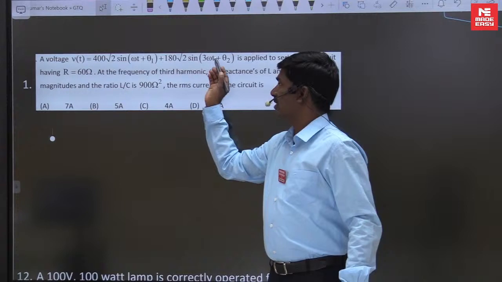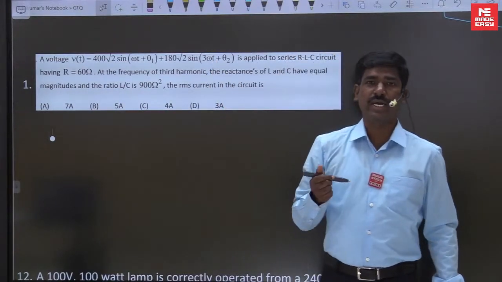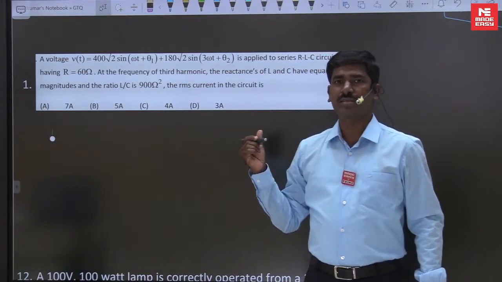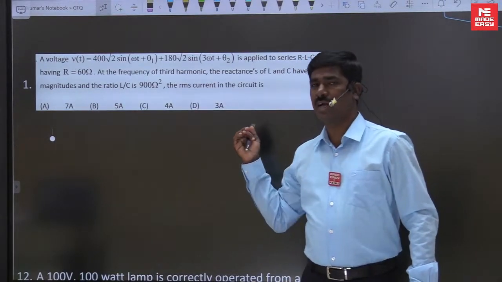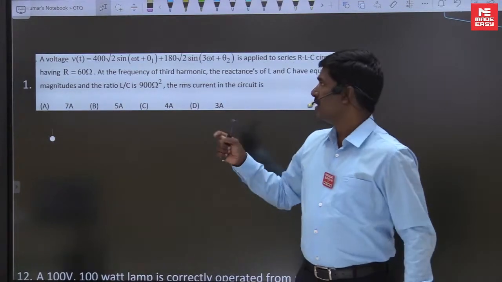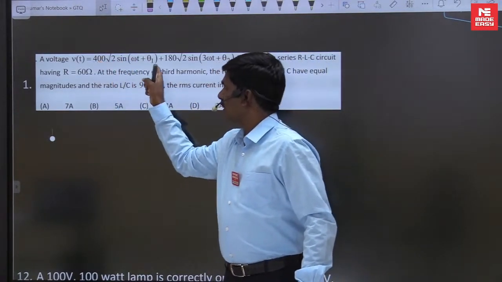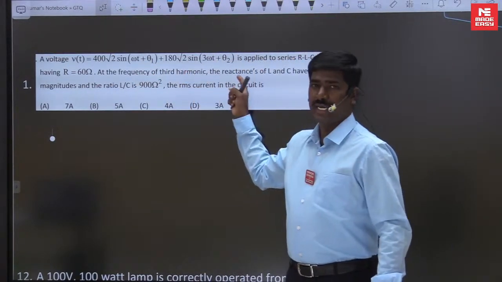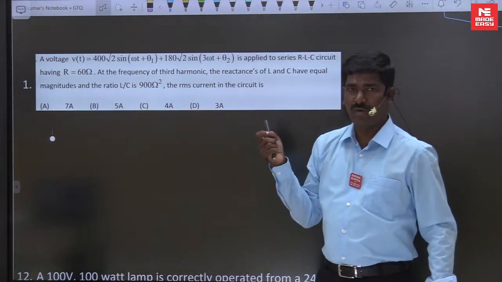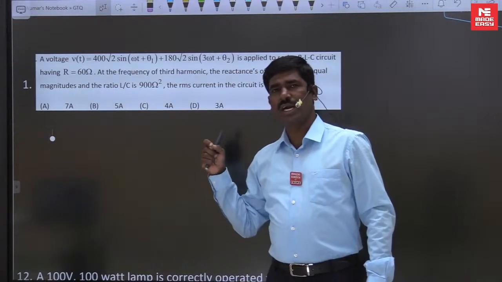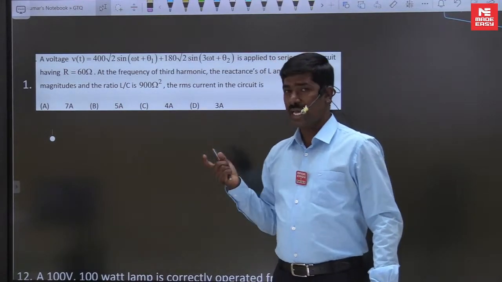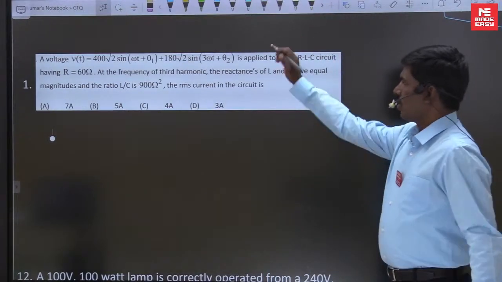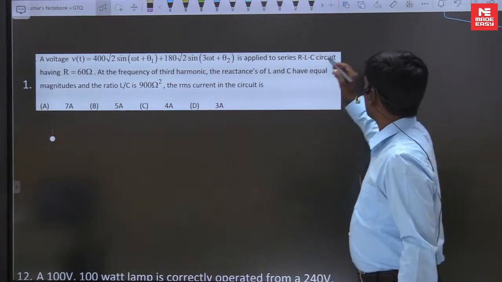For two different frequencies, how to find the current? I is equal to the square root of I RMS square of 1 plus another I RMS square. So for the supply voltage 400 root 2 sin(omega t plus theta 1), what is I1, and at the third harmonic what is the current? Find both RMS values, then take the square root of I RMS square plus another I RMS square, and you get the answer. This is the formula for the RMS value at two different frequencies. So first, using the given information,